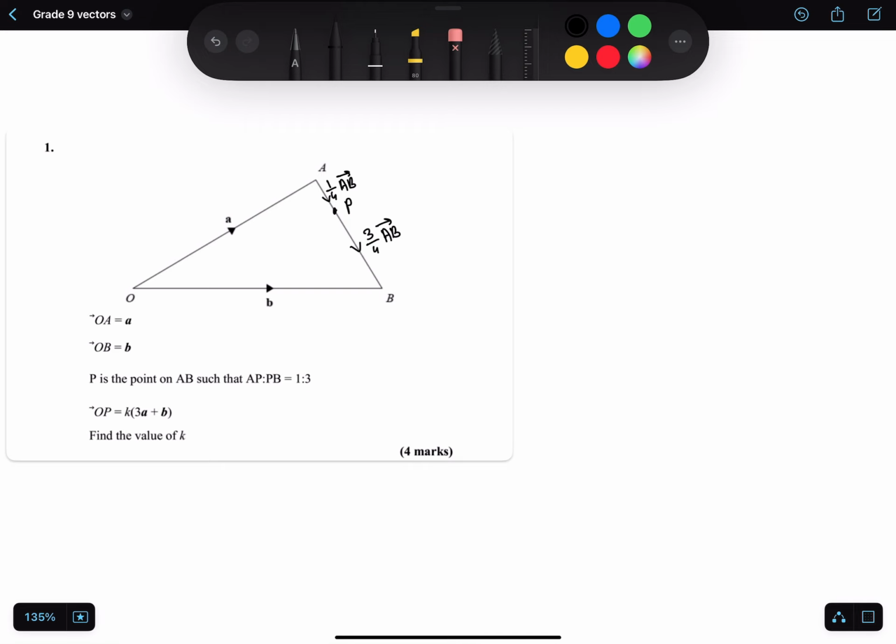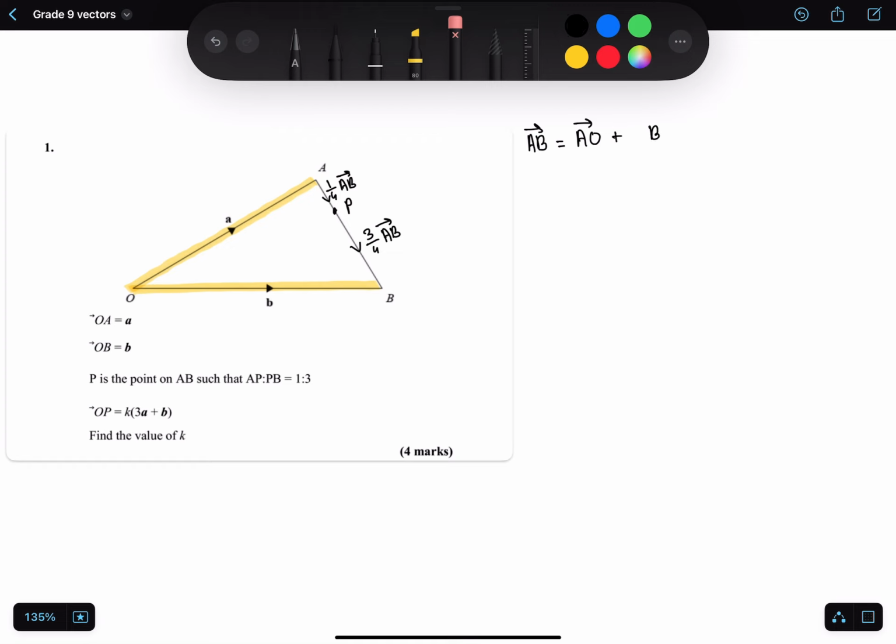Now, they want you to find the value of K, and as a result, we want to get the path from O to P in the form that they've given you, which is K times brackets 3A plus B. So the first step I recommend doing is you find what AB actually is. And the way you can do that is you can go from A to O, then O to B,